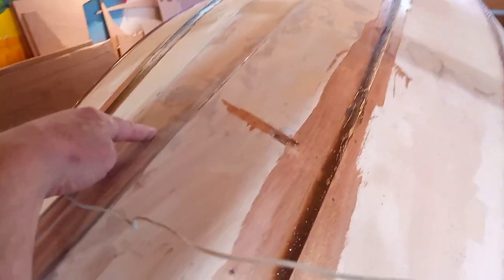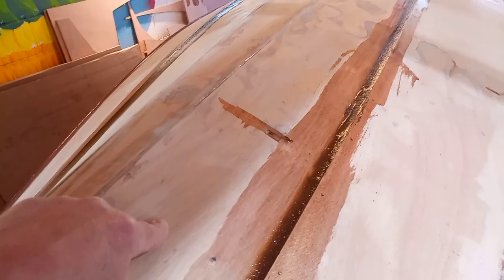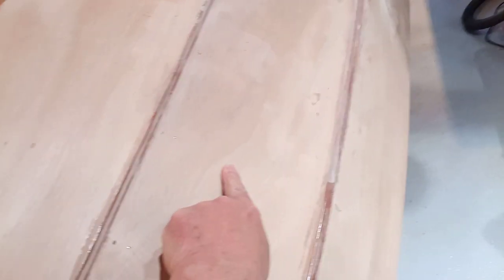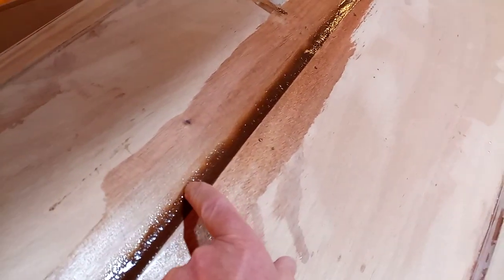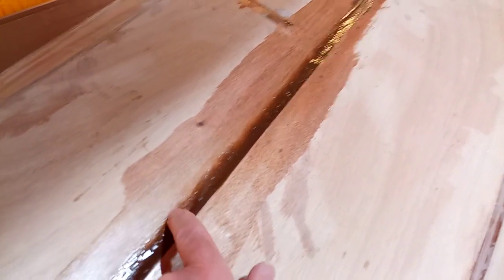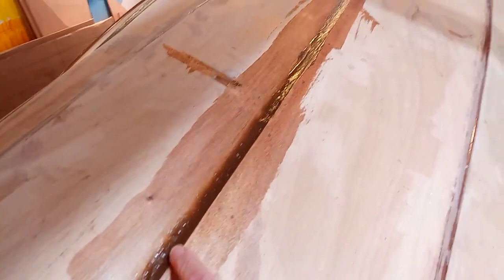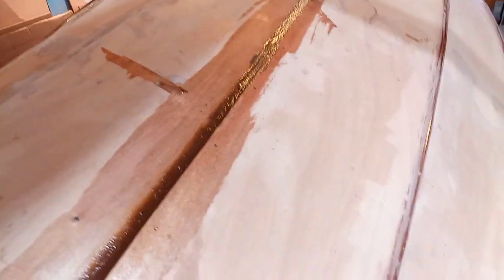And then up here, this is the keel, so to speak, the centerpiece. This is the first plank on each side, and then this is the second plank, the third plank, and the fourth plank. So between the first and the second plank, what I've done is I've applied some thickened epoxy, still just slightly rubbery and tacky there, to fill this groove up, because what I'm about to do is lay the cloth